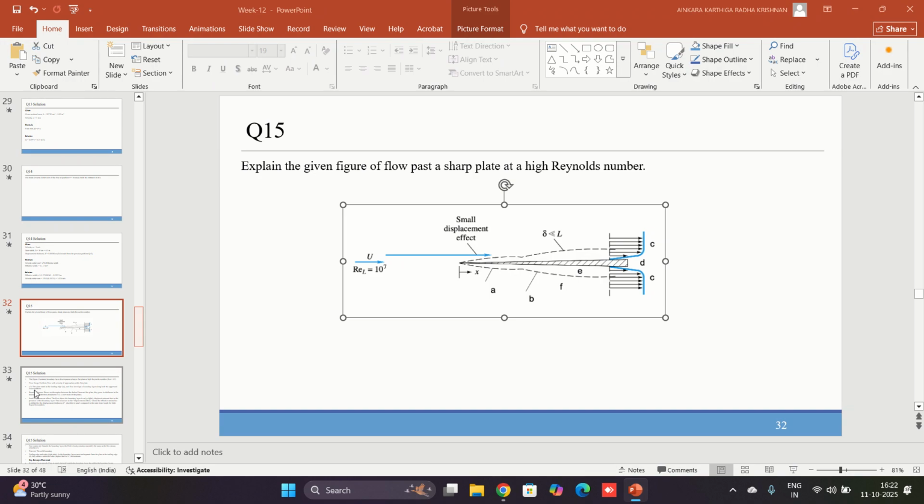So first is that this figure illustrates actually the boundary layer development along a flat plate at a higher Reynolds number of 10 power 7. So flow is with uniform flow approaches a thin flat plate. So here what happens is that the plate starts at a leading edge and flow develops a boundary layer along the upper and the lower surface. So boundary layer